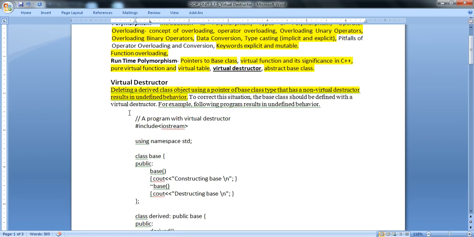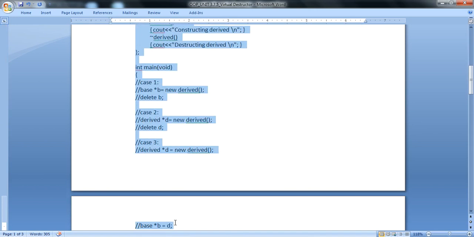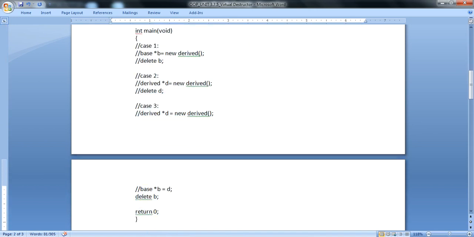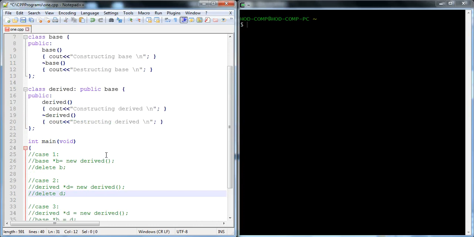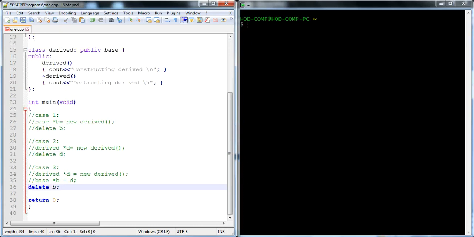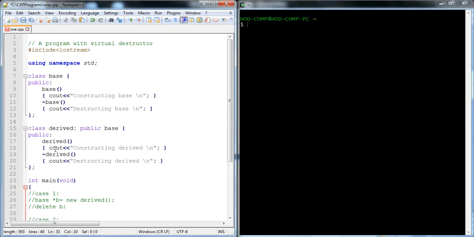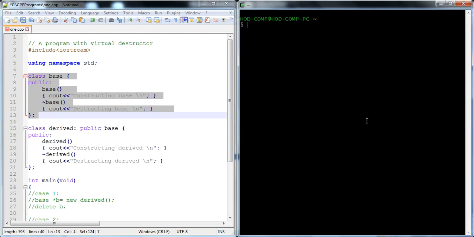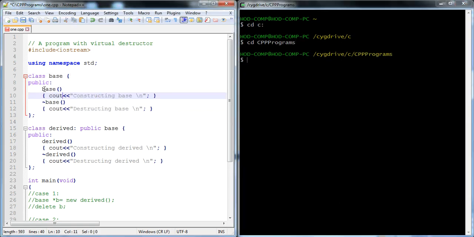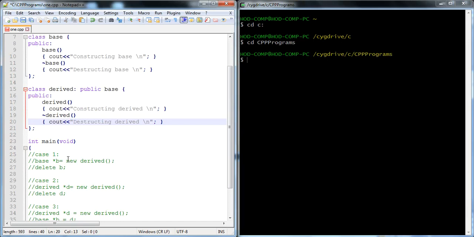Now a simple example, which shows the difference in how the destructor is called. This is simply normal code with a base class containing a constructor and destructor, and a derived class also containing a constructor and destructor.